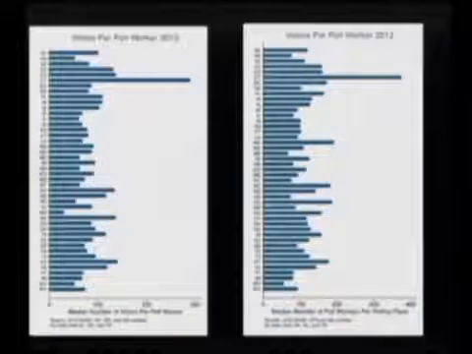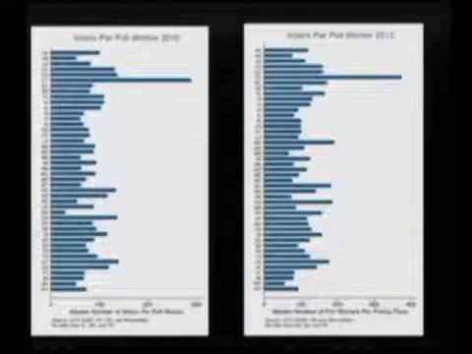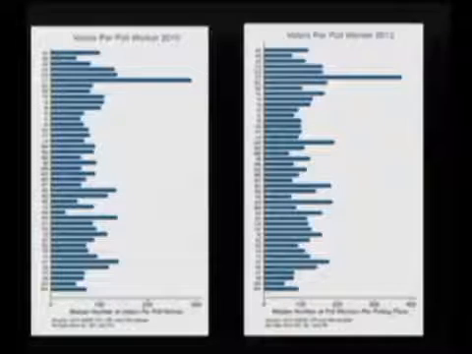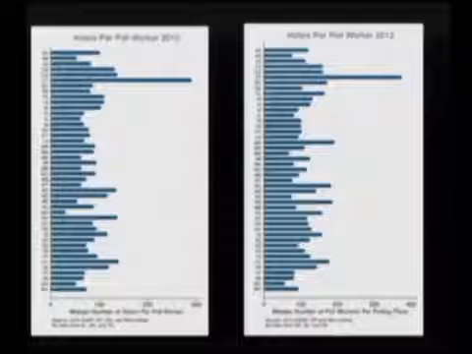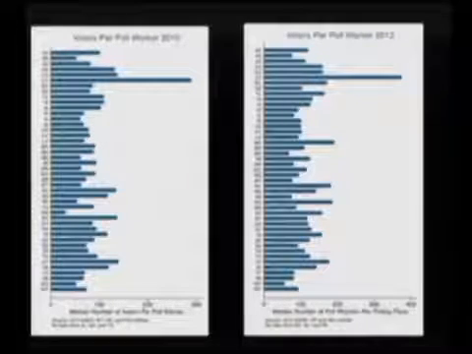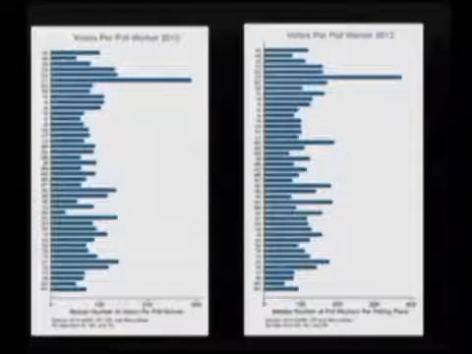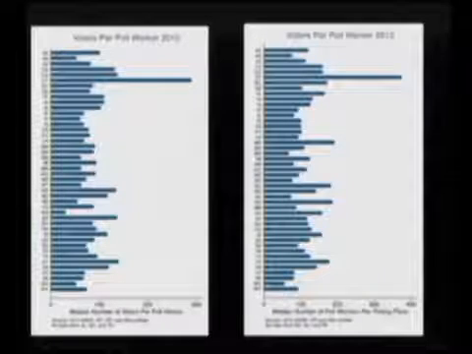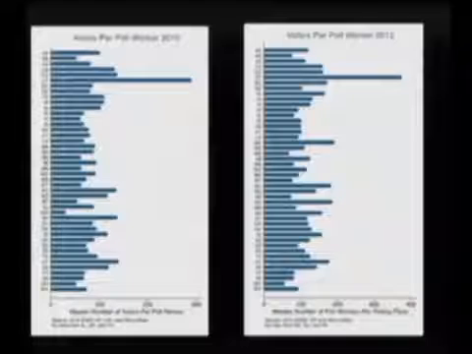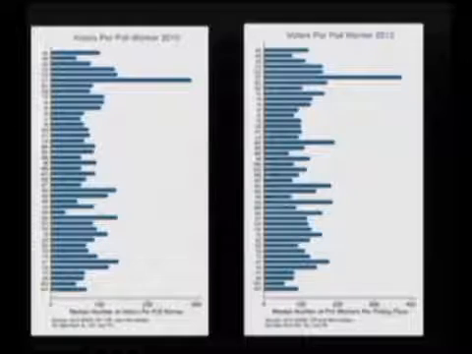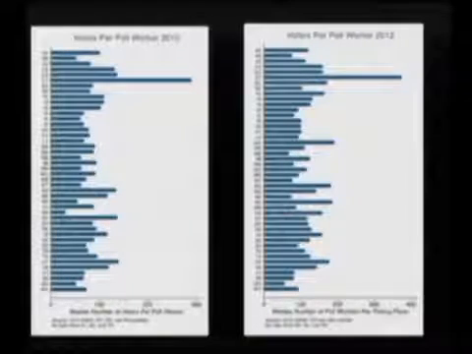The same is true of voters per poll worker. So how many voters is each poll worker responsible for? Again, from the EAVS. Tremendous variation, with the average being about 100 voters per poll worker. But from the lowest states to the highest, a ratio of about 4 to 1. Connecticut's something of an outlier, but even if you remove them, the variation would actually look greater if we zoomed in on the scale a little bit.